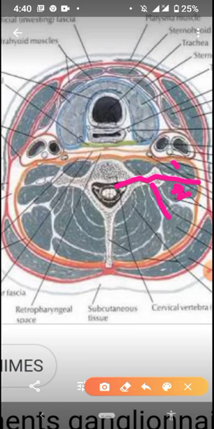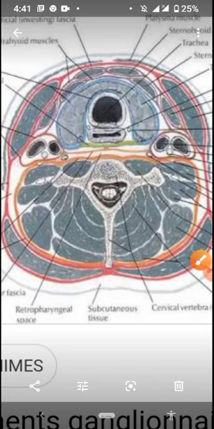The nerves of the brachial plexus also come from the cervical portion of the spinal cord. When these nerves pass through this region, they take a portion of the prevertebral layer along with them. The portion of the prevertebral layer which goes with the nerves is the axillary sheath, and as its name shows, it goes towards the axilla and covers till the axilla.